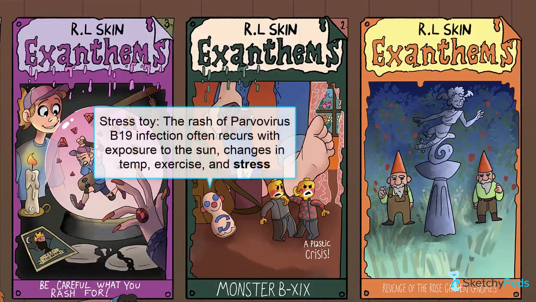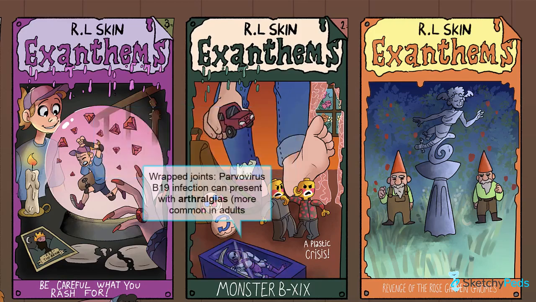One unique characteristic of Parvo B19 infection is that this rash will often recur with exposure to the sun, changes in temperature, exercise, and stress. Stress, specifically, is represented by the stress reliever squeeze toy. Parvo can also occasionally present with arthralgias, illustrated by our mint condition skeleton toy with wrapped joints, although this is